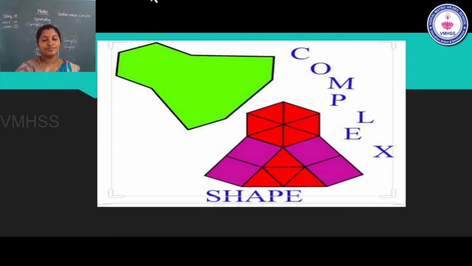So, see the picture, ma. This is one of the complex shapes. So what is the shape? This is a complex shape. The picture has square, triangle, rectangle and trapezium. So what are the main simple shapes? Circle is there, and square, triangle, ellipse, and rectangle also. So the shapes are mingled in a complex shape. Okay, listen.